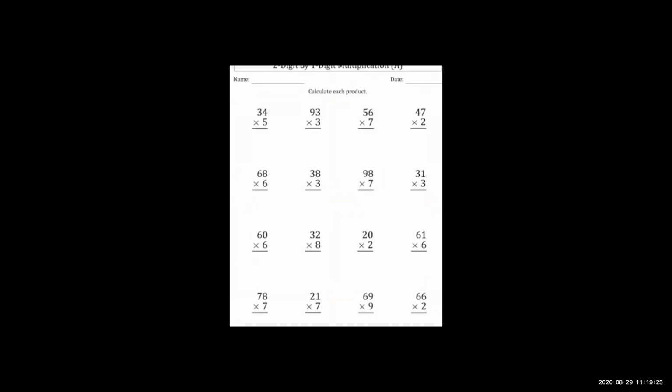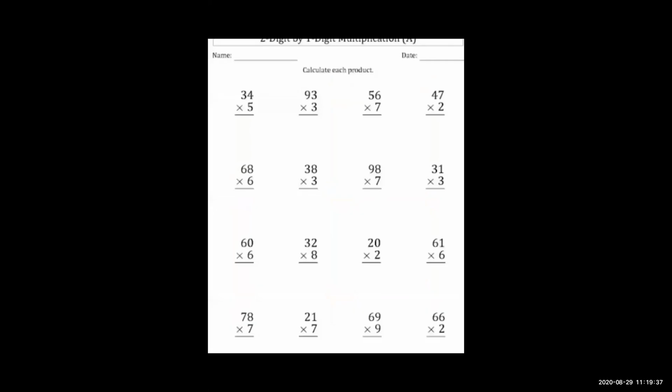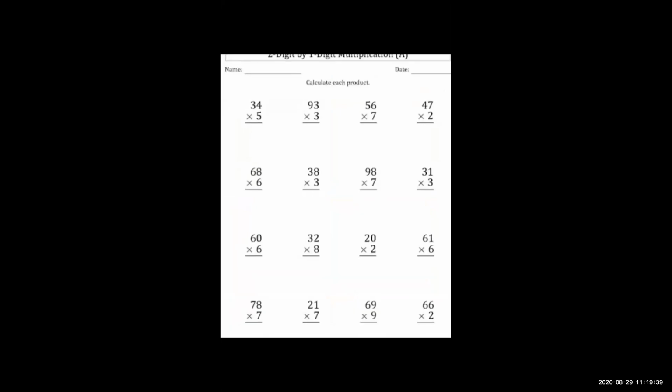Now, when I am asking you, at that time you want to give the answer. Okay, students? Now see. 34 into 5. 4 into 5. Every time I told you, when you are doing sums like addition, subtraction, multiplication, you want to go to the right side, that means the ones column.